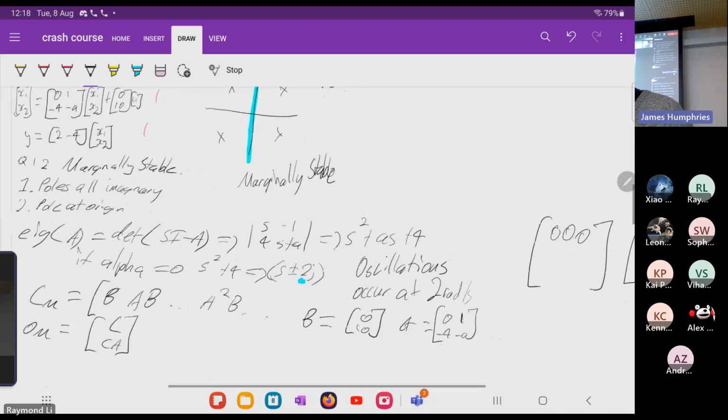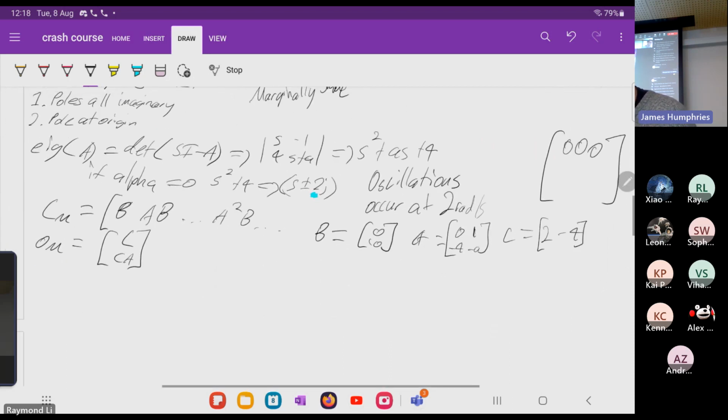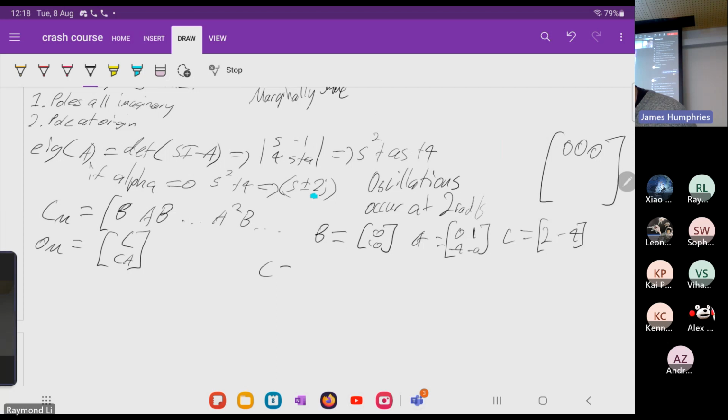And then our C matrix, which is 2, minus 4. Okay, so for our system to be controllable, it's going to be 0, 10 for the first one, and then we just have to multiply these two together, so 0, 10 gets you,